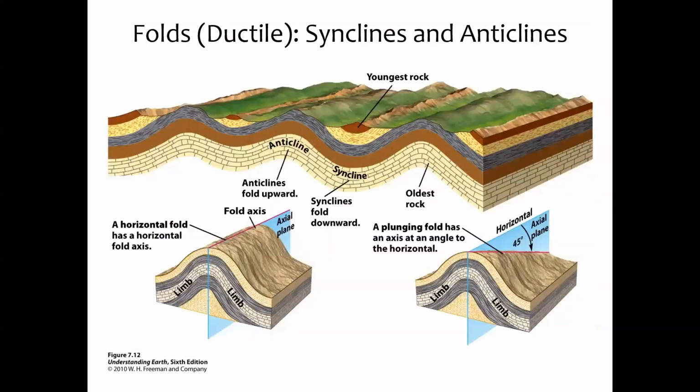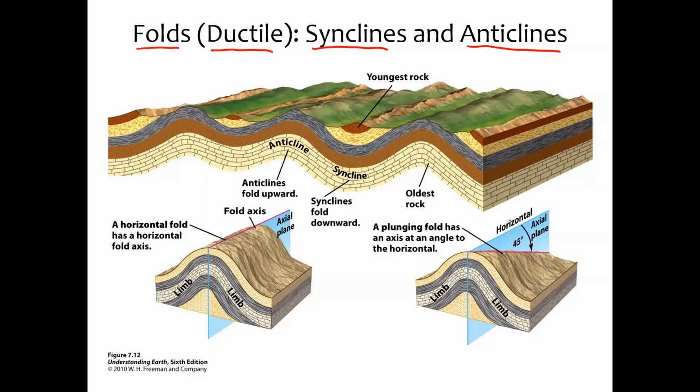So those are both types, joints and faults, are types of brittle deformation. Now we will talk about folds, ductile deformation. And the two types that we mention most often are called synclines and anticlines. And they often occur right next to each other